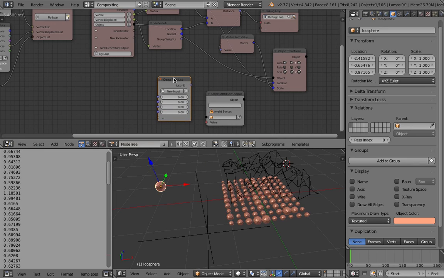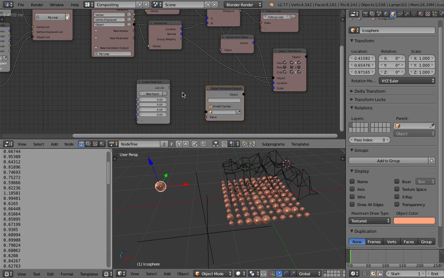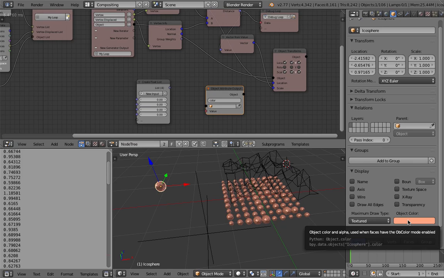So that's our color right there. And so we're going to control the attribute color, which is the object color right there. If you hover over it, you can see Python object.color, right?